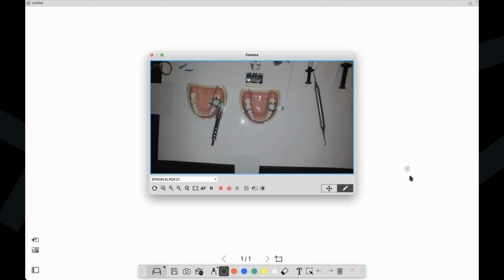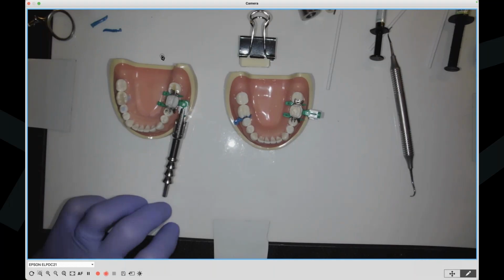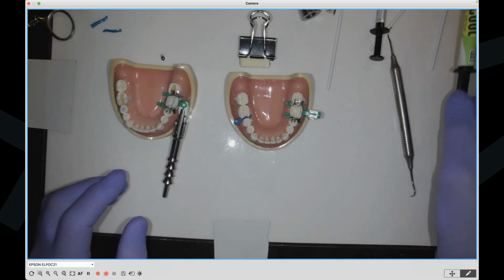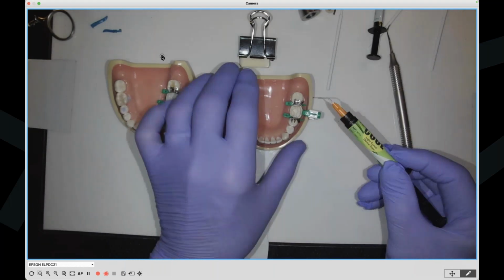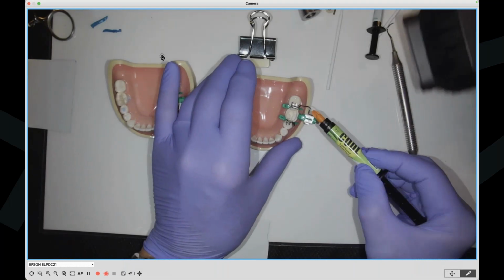Okay, let's get that camera one more time. And let's go green. There we go. Okay, so the first thing we'll do is attach that tab. And let's use the Danville material first. Remember, I have put some bonding agent onto the occlusals of the bicuspid. Can we see this? Yeah, bicuspid and this.